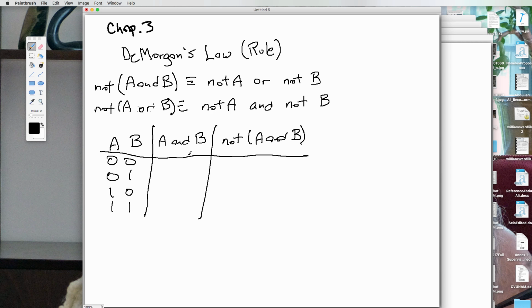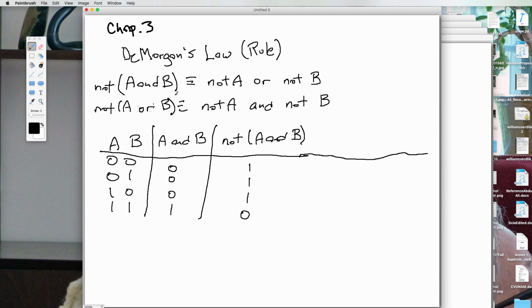Okay, now for and, the only time this is true is in this situation down here. And now over here, if I'm going to invert this column, I would get 1, 1, 1, 0. Now if I extend this table a little bit,